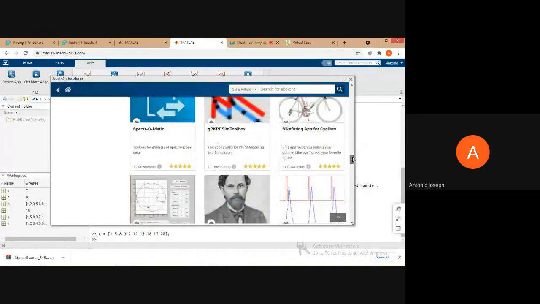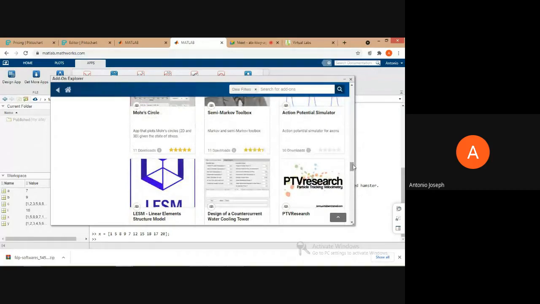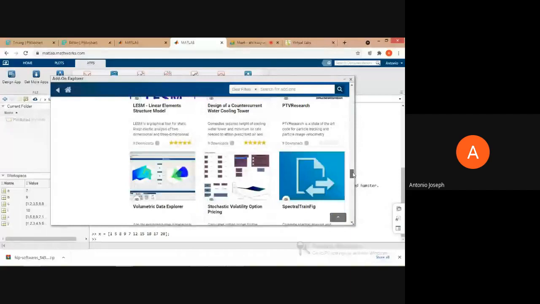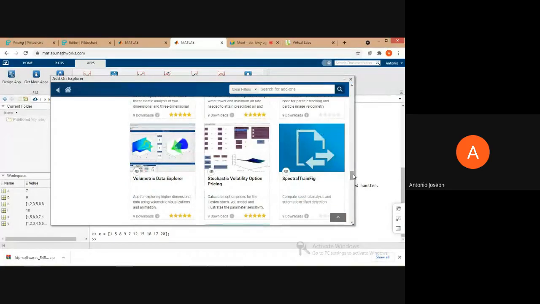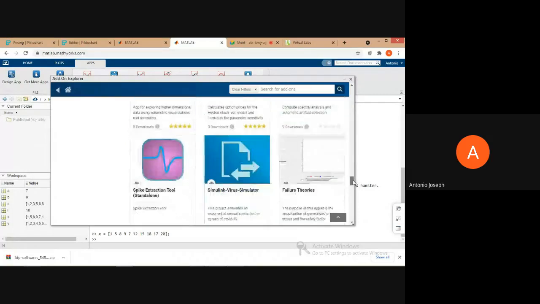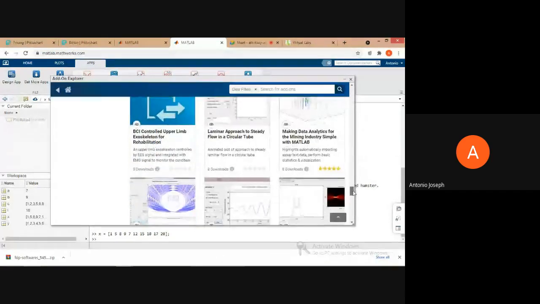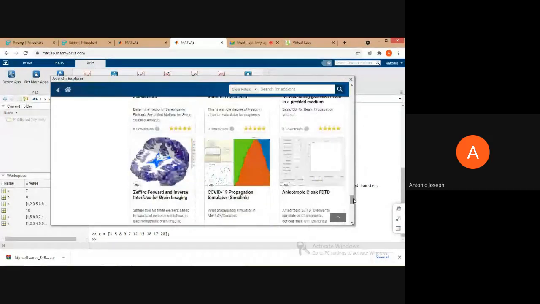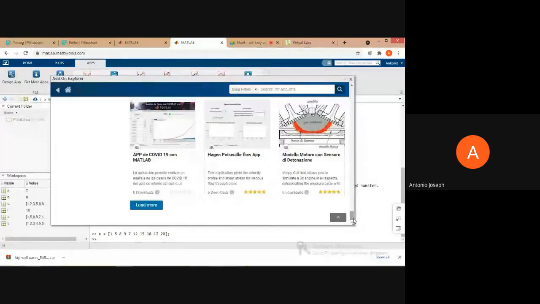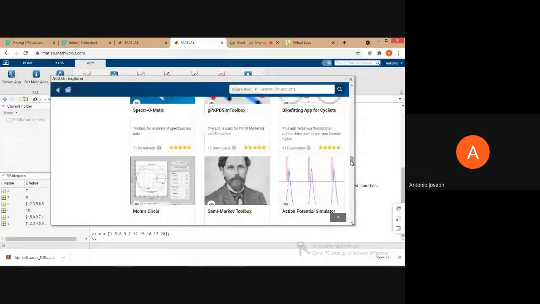Actually, I don't know what all these apps are and for what purpose they are used. If you are familiar with this kind of area, if you are from this discipline, you will be able to understand for what purpose a particular app can be used. Like this, we can explore all the apps that are available with MATLAB.